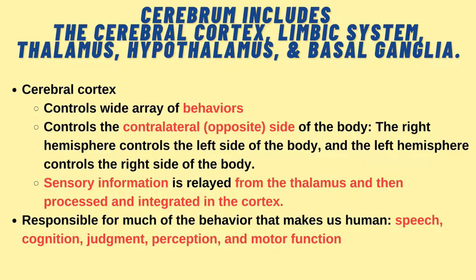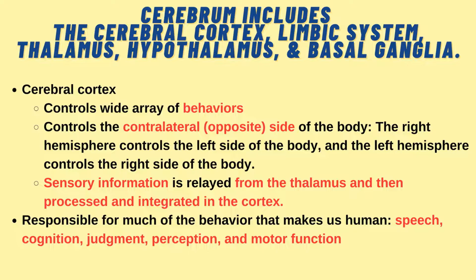Cerebrum. Cerebrum, we know, includes the cerebral cortex, the limbic system, thalamus, hypothalamus, and basal ganglia. So the cerebral cortex, we know it controls a wide array of behaviors. It controls the contralateral side of the body. So the opposite side of the body. The right side hemisphere controls the left side of the body, and the left side hemisphere controls the right side